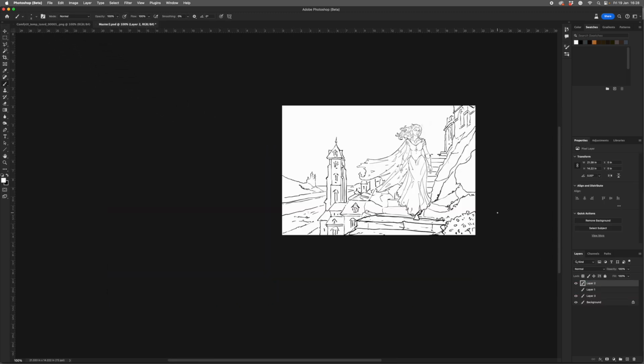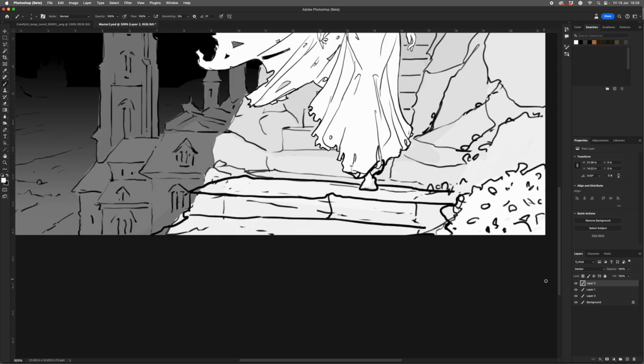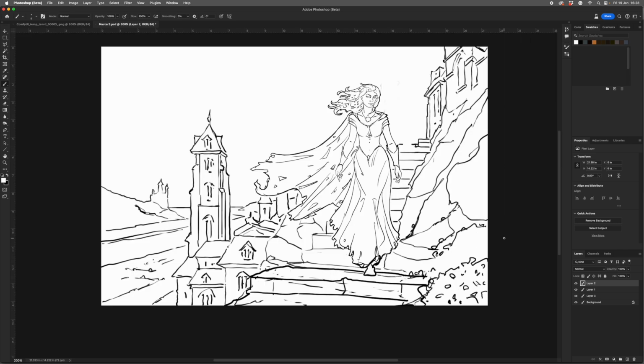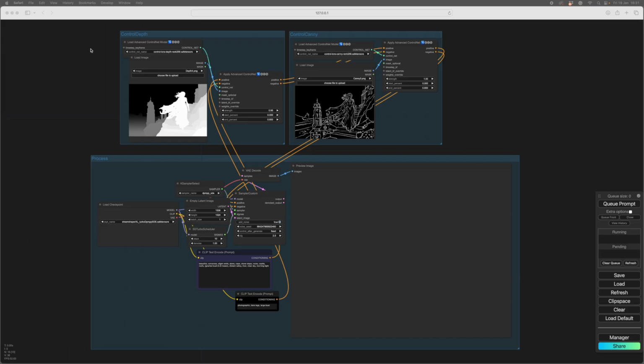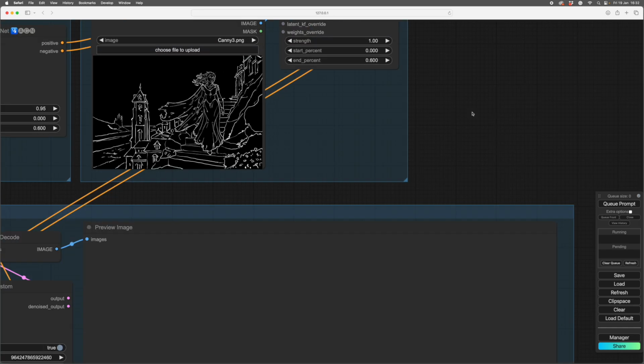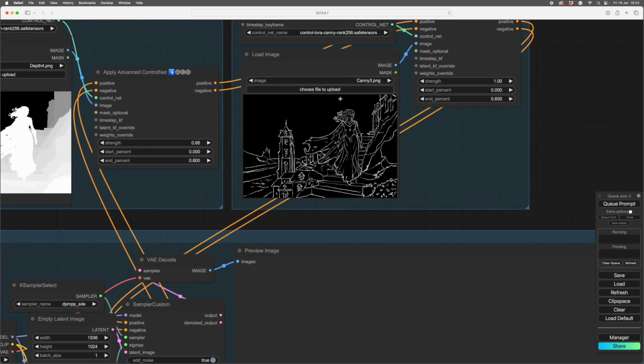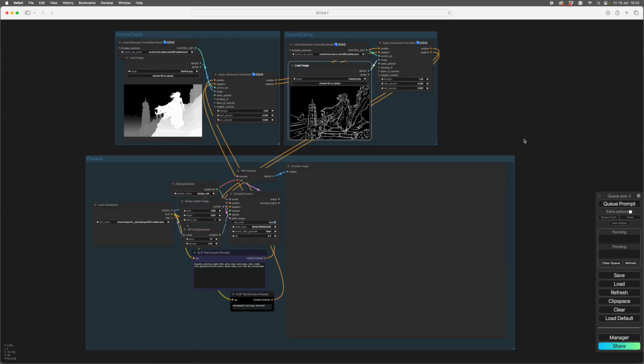There we have our new Canny map, and to finish the job I can have a look how the depth map is. I don't think the depth map needs anything doing to it at all. So there we go. The next move is to save this layer. Now my original seed and this one were pretty good, so I actually think, back in Comfy, I preferred the original seed, but this one's fine. So the next move